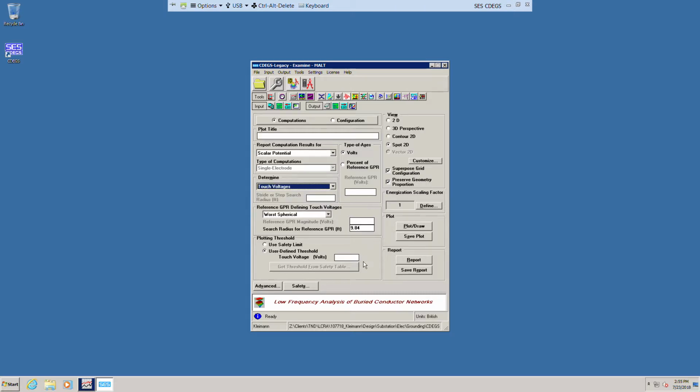And so we can leave this as user defined threshold, or we can click on use safety limit, which compares it to the touch potential threshold,